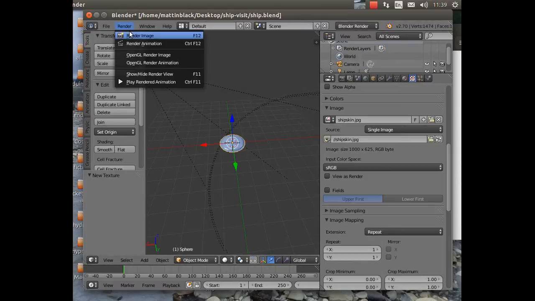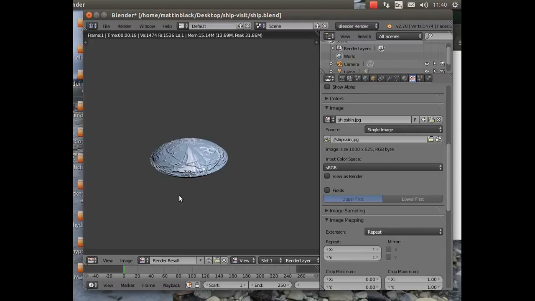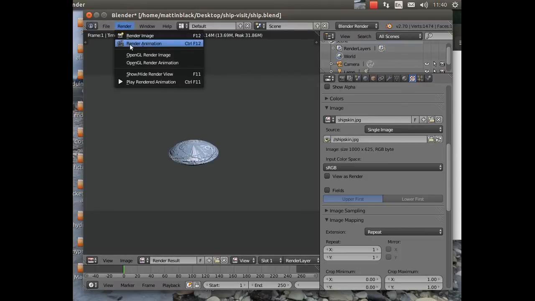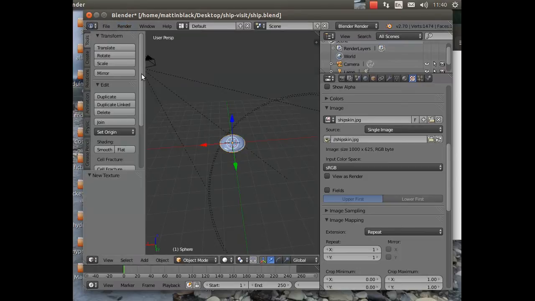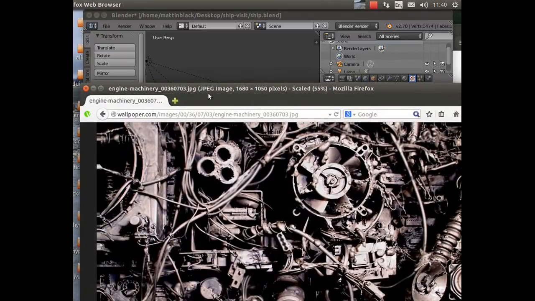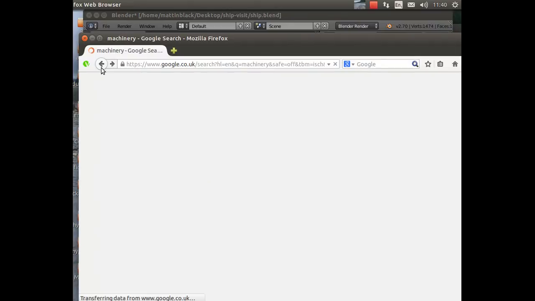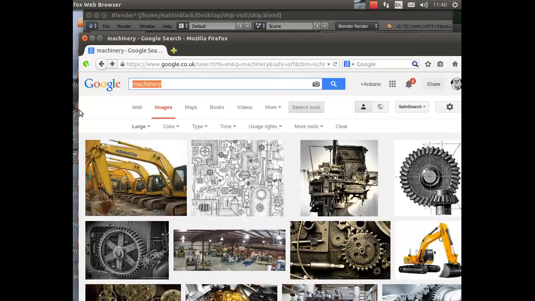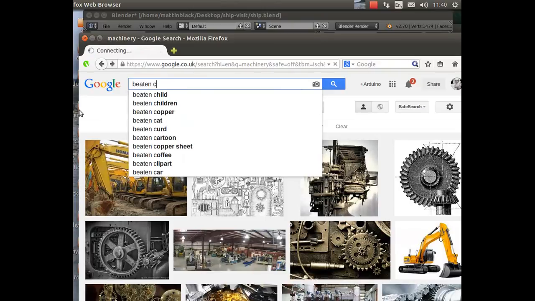Now if we go and do a trial render, you can see we've got quite a mysterious looking spacecraft. However, I've decided I don't actually like the colour of it, and I want to put even more sort of level of intricate detail in there. So I'm going to show hide render view, and I'm going to find another texture. So let's go back to our web browser, and this time I want kind of a beaten copper. So if I put in beaten copper,